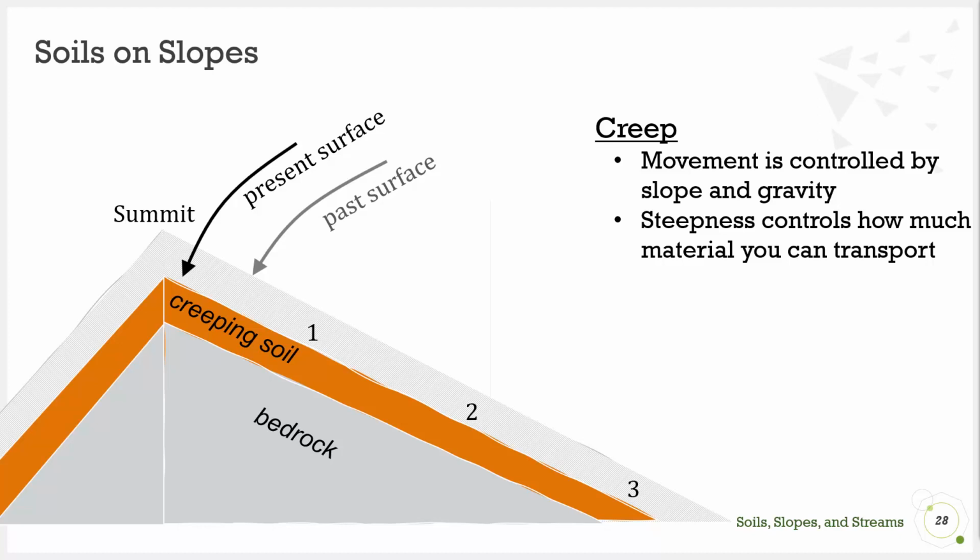And during the time that that material was eroded, each position on the hill had to be able to transport the material that was upslope of it. This means that point 1 only moved the material between the crest and point 1, while point 2, on the other hand, had to transport a much larger amount of material, and point 3 had to transport even more. If steepness controls how much material can move and be transported, then a hillslope can't look like this